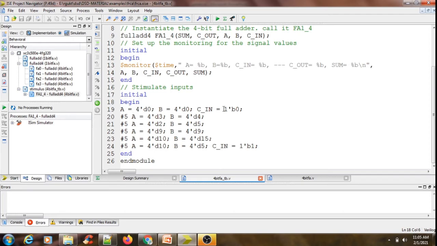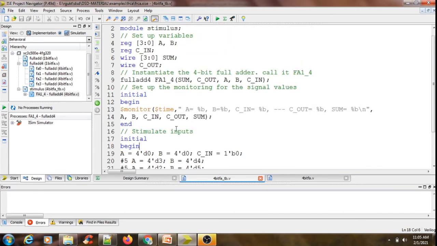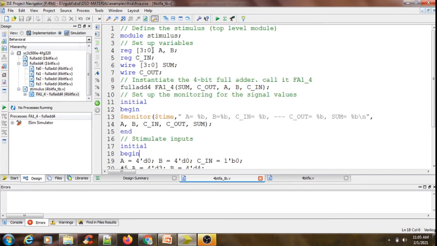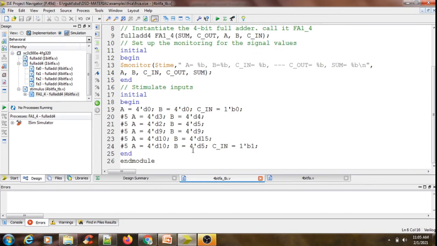Here I am performing 4-bit ripple carry addition. The operands A and B are not scalar operands; they are vector operands, and the A and B variables are 4-bit wide. That is why the values are written as 4-bit decimal or binary. C is a scalar quantity again. So during signal declarations, A and B are vector quantities of 4-bit width, and the sum is also a 4-bit vector.